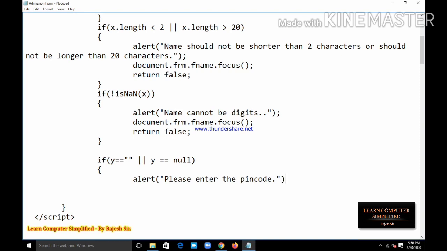Very simple. Again here document.frm.pin.focus, return false.